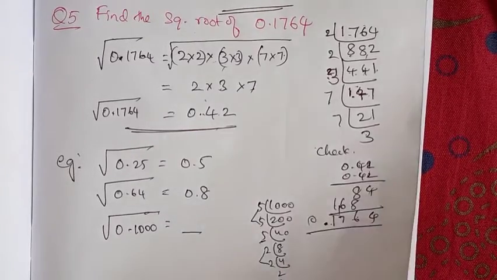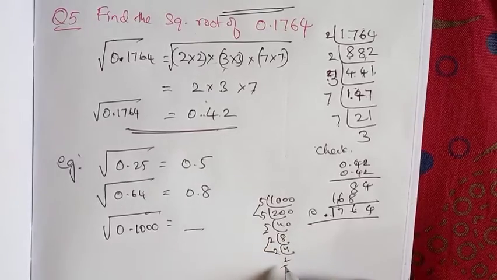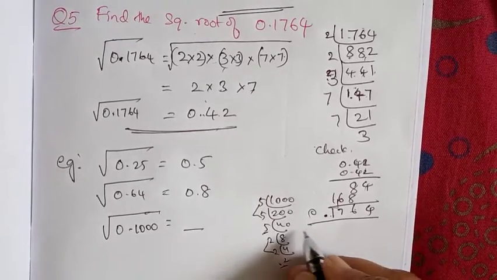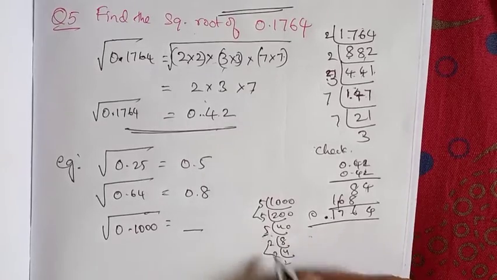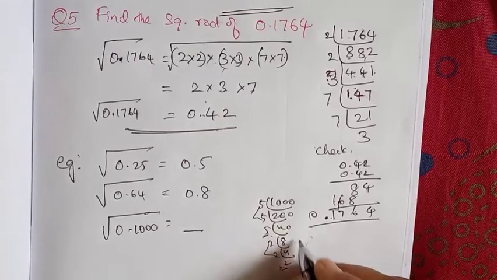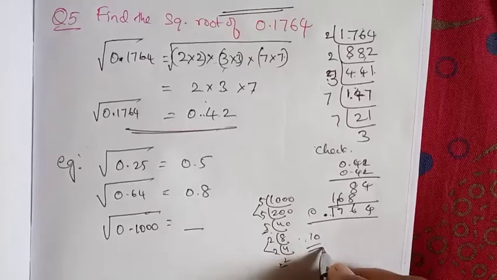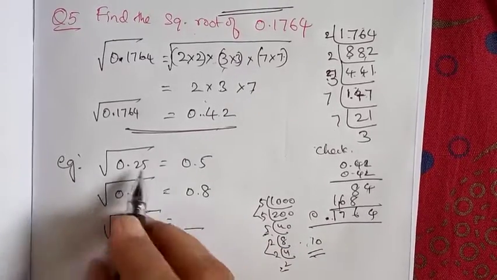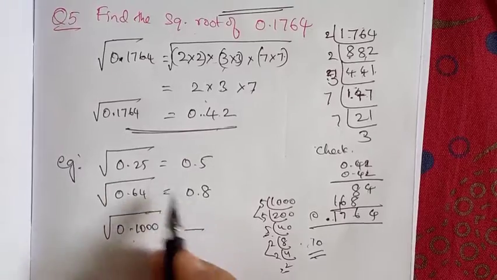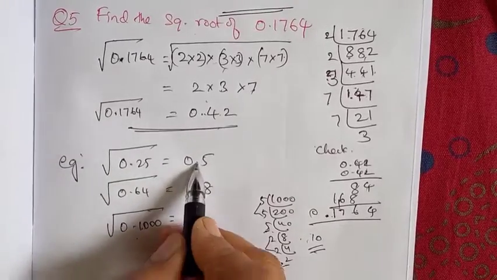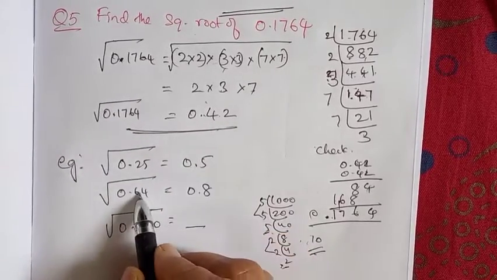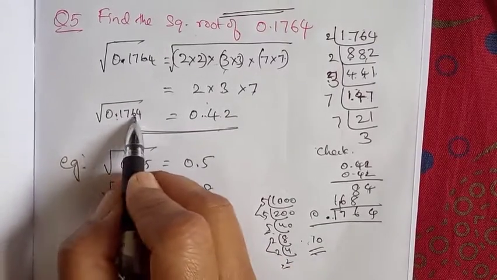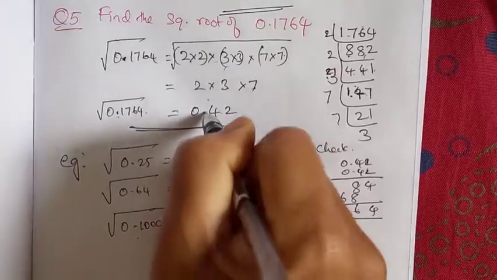If one more 5 and one more 2 will be multiplied, like 10. 5 twos are 10. So what is required to multiply? 10 is required to multiply to get the perfect square. Anyhow, we are discussing decimal perfect squares. If it is 2 places, the answer will be in single digit. If that is in 4 places, then the answer will be in double digit.